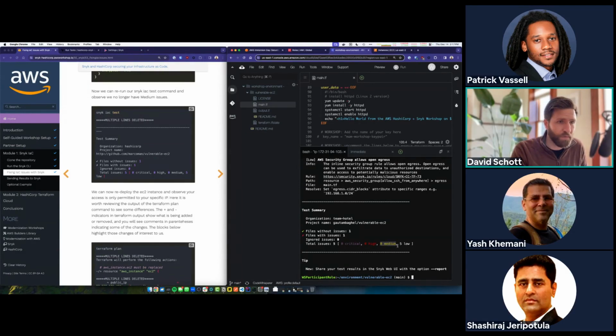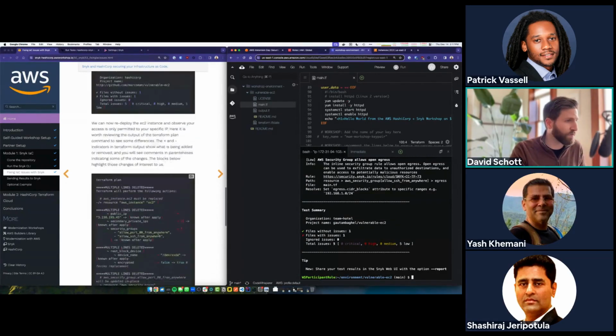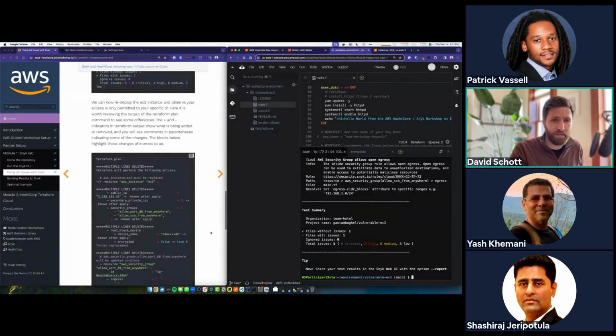And there we go. We just solved all three of the most serious security issues. So now we only have a few low issues remaining, which we're not going to worry about in this workshop. And we're feeling good and confident that we've fixed these issues. So we're going to go ahead and update the infrastructure that's already out there.